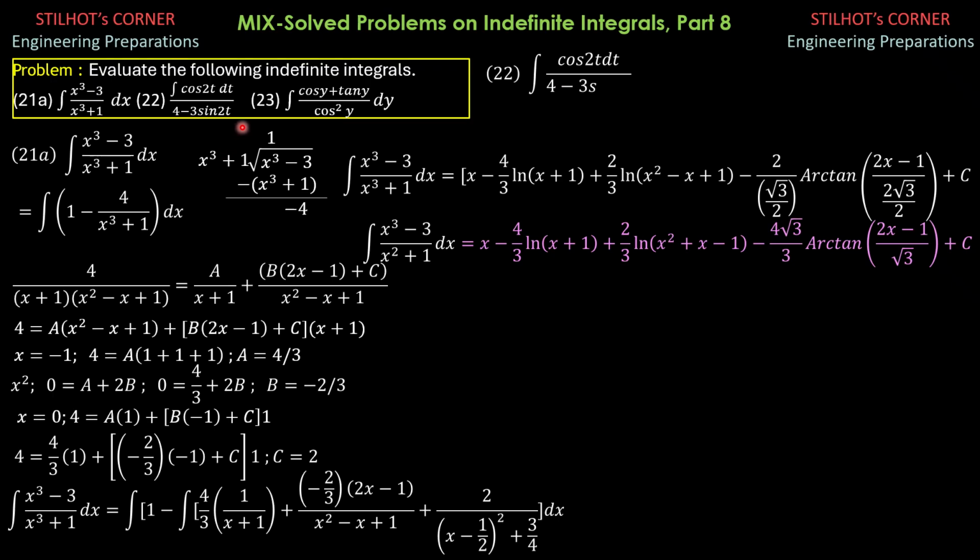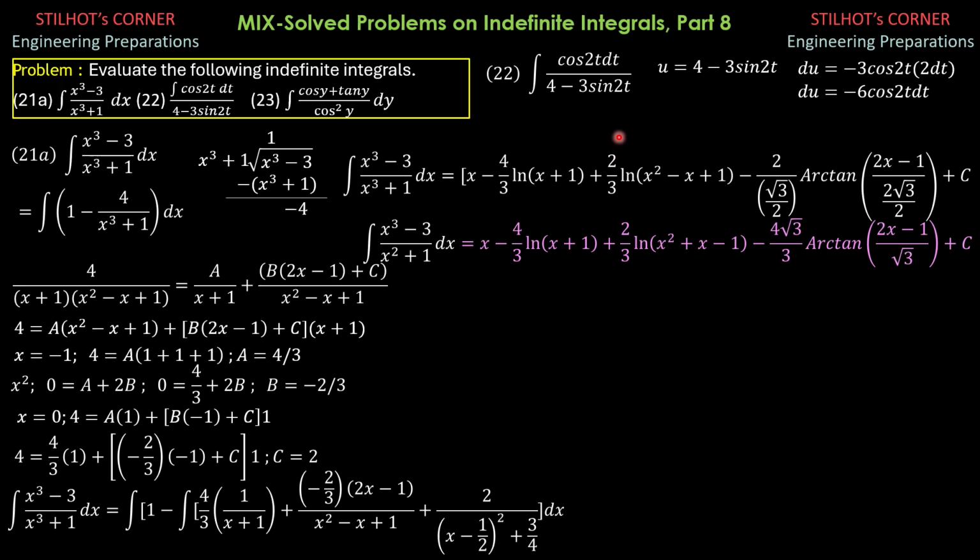So if we let u be the denominator, take note that the differential of the denominator is negative 3 cosine of 2t times 2 dt. So again, du is negative 3 cosine of 2t times the differential of 2t, which is 2 dt. So this is negative 6. So we introduce a negative 6 cosine 2t dt. So the constant is negative 6. So we write this as negative 1 over 6.